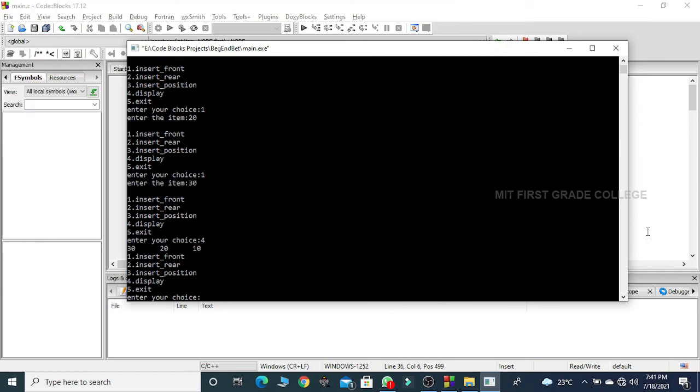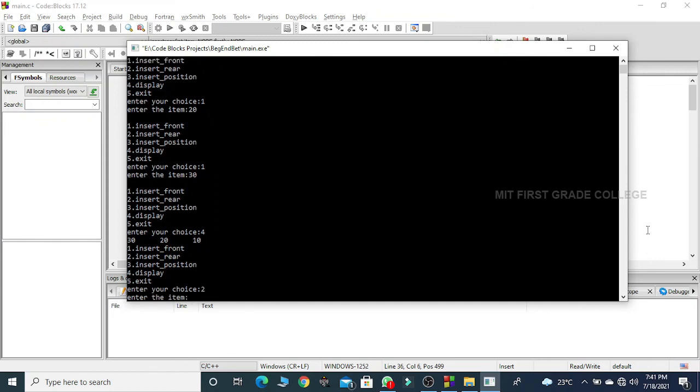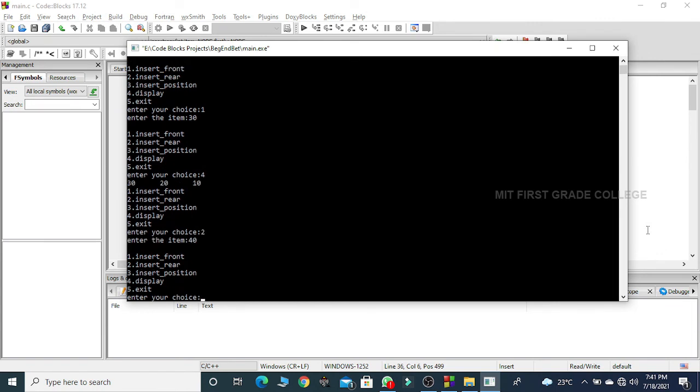Now if I insert an element at the rear end, it should be displayed after the value 10. So I choose option 2 to insert from the rear end, and I insert the value 40. Let me display and check. 30, 20, 10 and 40 are displayed.